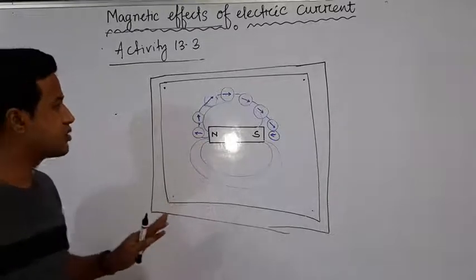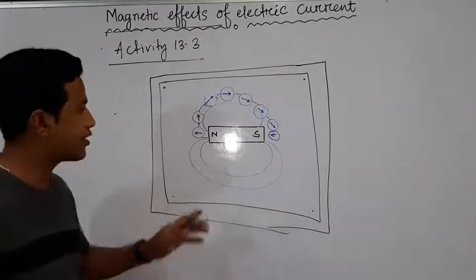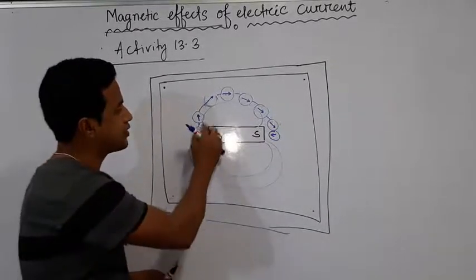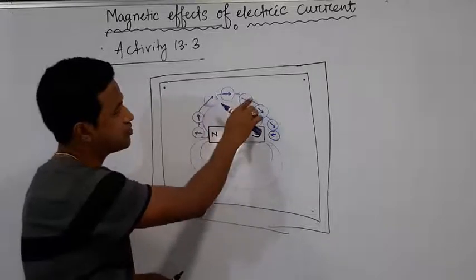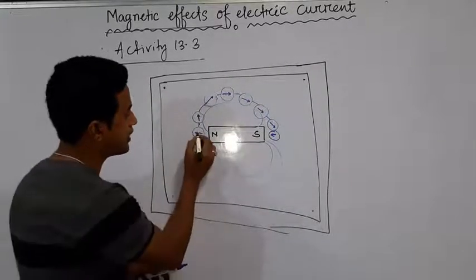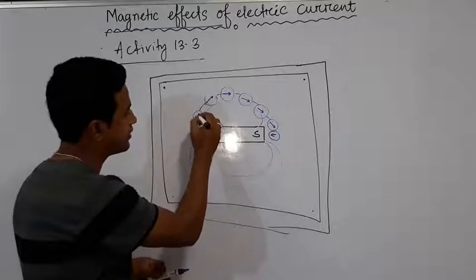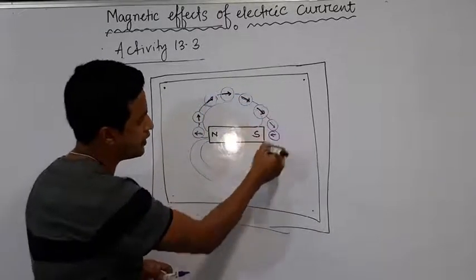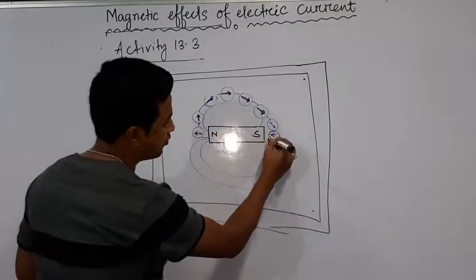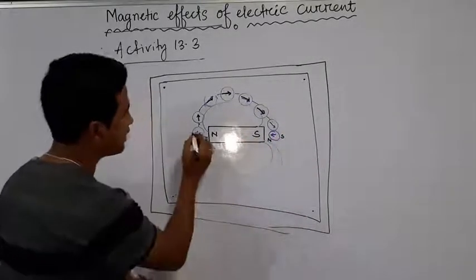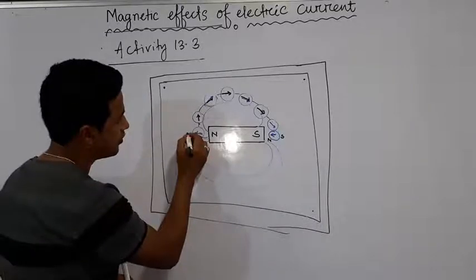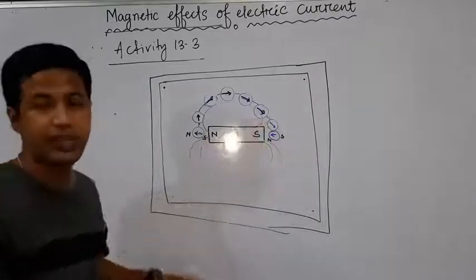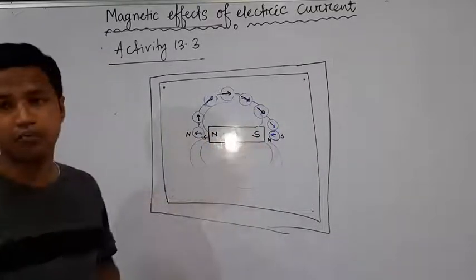So this is the concept: when we place the magnetic compass near the bar magnet, as we go away from it, the direction of the needle changes a little. You will see here, first it keeps the direction like this, then again like this. It changes as it goes away. When it reaches here, this will be the north pole and this will be the south pole. Like this, the magnetic field lines will be created around a bar magnet.